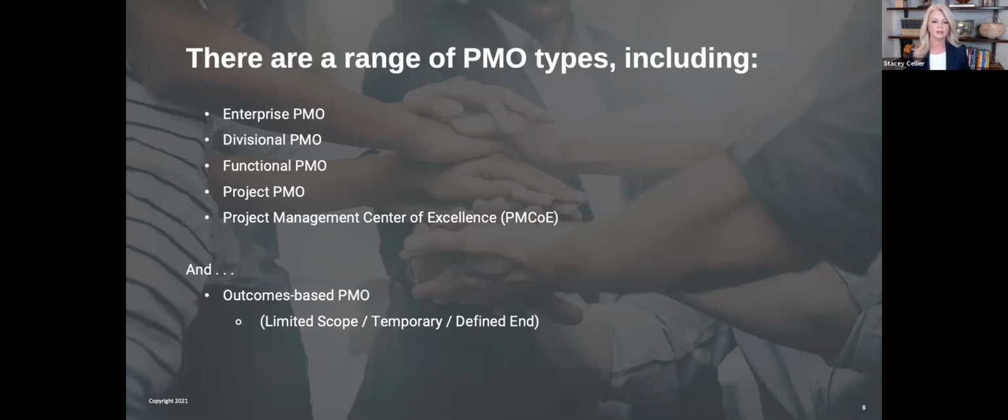practices. And I'm adding another definition here to this, in that you can also have an outcomes-based PMO. So I'm using that in swapping out for temporary, in that an outcomes-based PMO is limited in scope, temporary, there's a defined end to it. So that's kind of the working definition that we'll use as we go through the rest of this presentation for the temporary